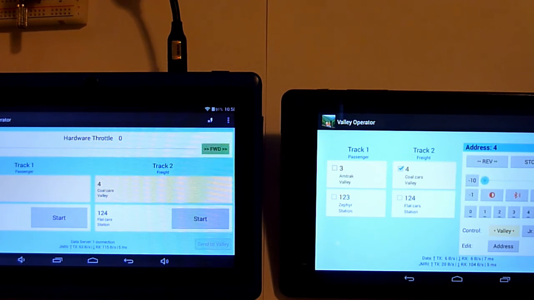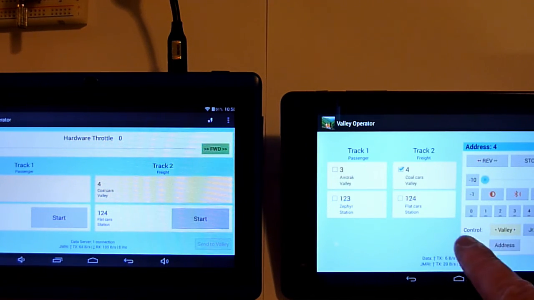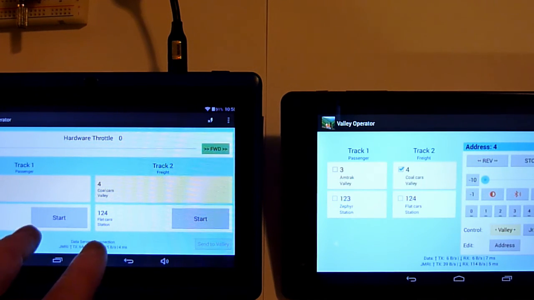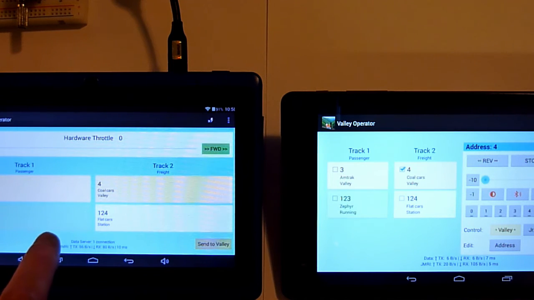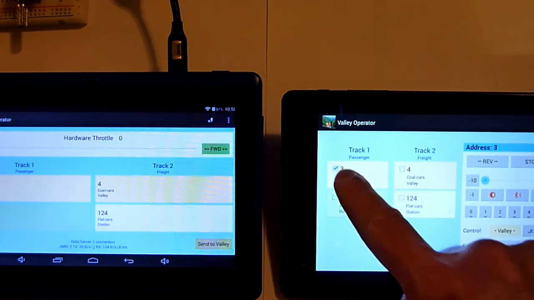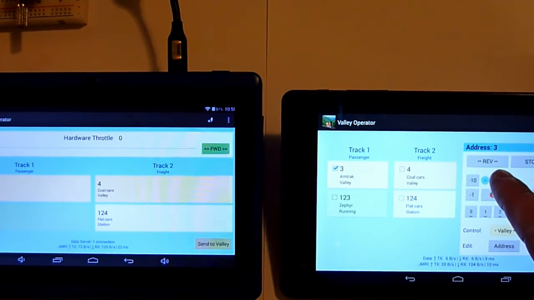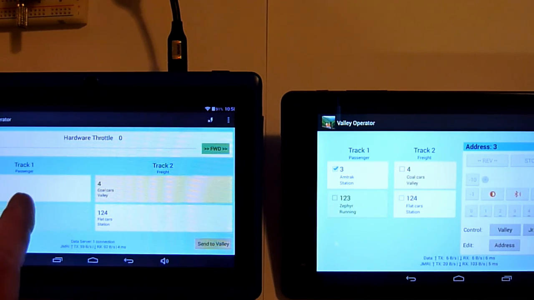I have to fix that. So anyway, it's taking it back to the valet, and then at the valet he stops it, like this, and then you stop. In between, the mountain operator selects the next train, so let's start this one. This one is started, so the valet operator can take this one and bring it to the passenger station, stop it, move it in station mode, and here it's available.